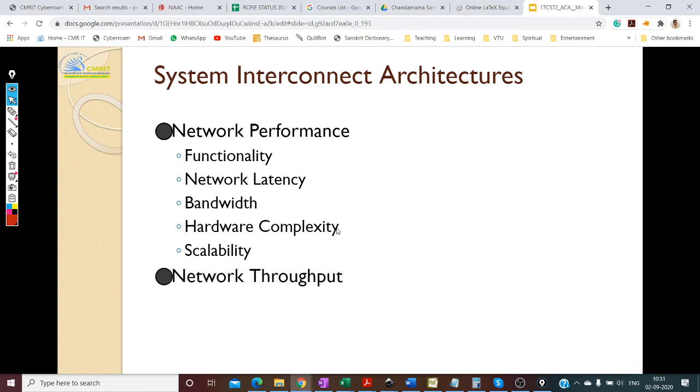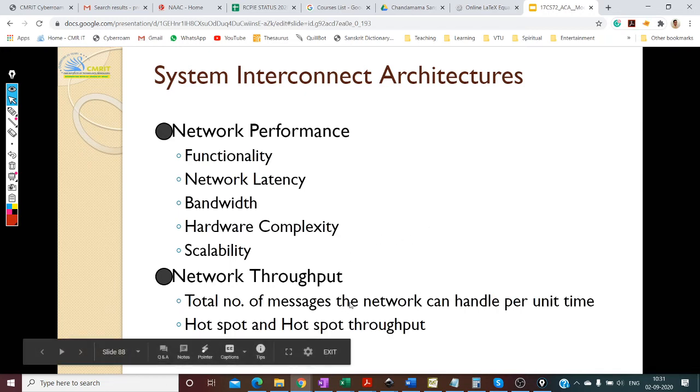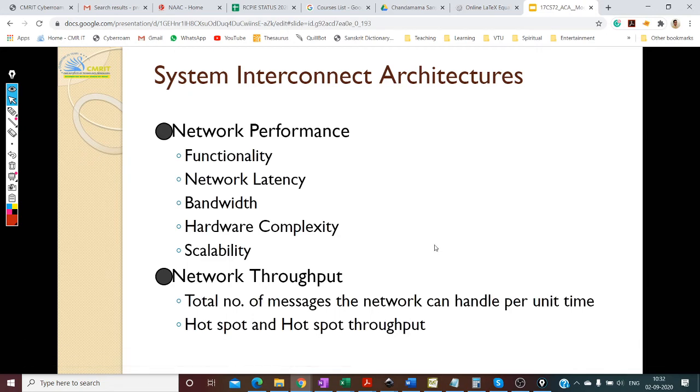Then we have network throughput. Throughput is the rate of work done. So it's the total number of messages that you can handle per unit time. And there's something called a hotspot. Your throughput generally measures the average network performance, but a hotspot, on the other hand, deals with the bottleneck regions.